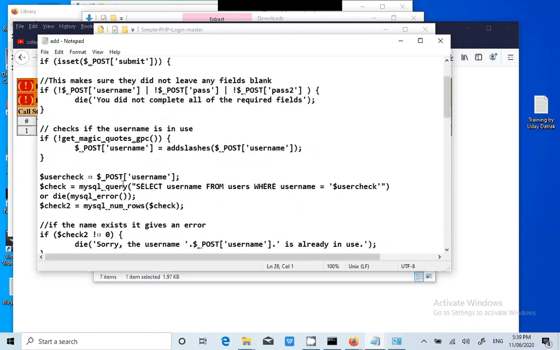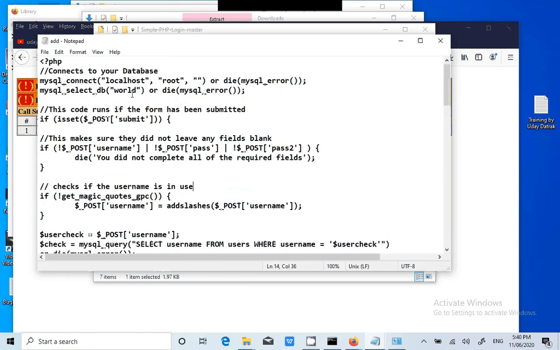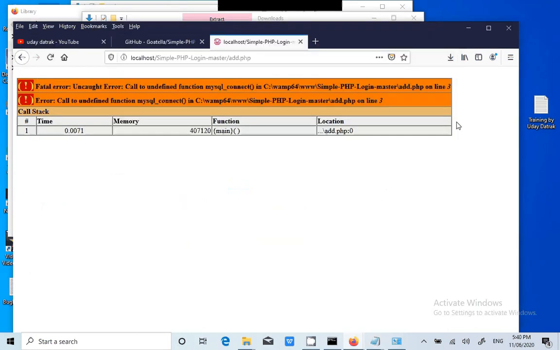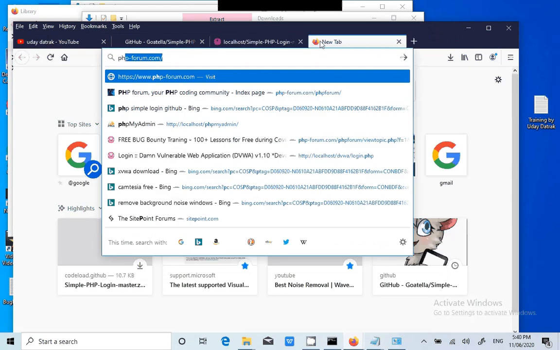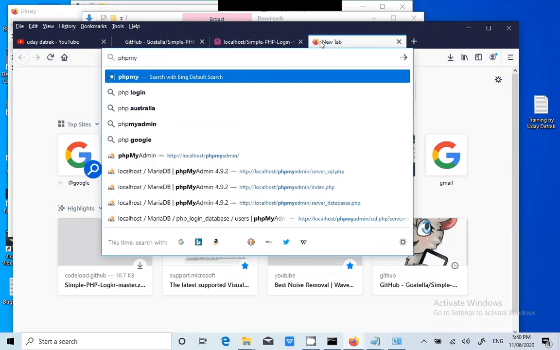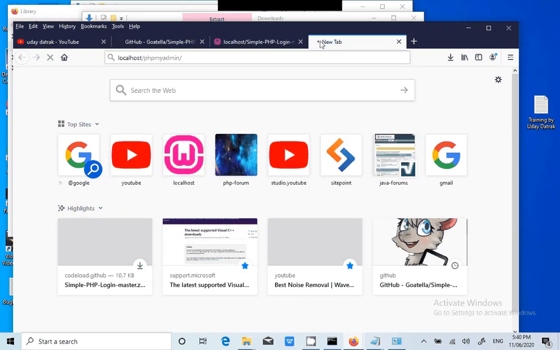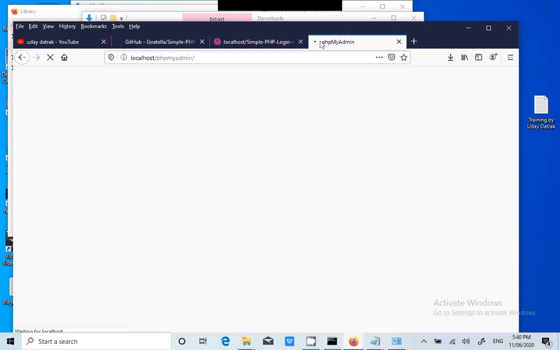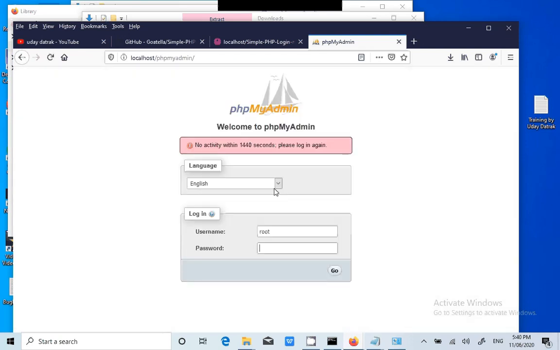Now, select username from the table called users. World is the database name. We have to go to phpMyAdmin. Username root, password blank.